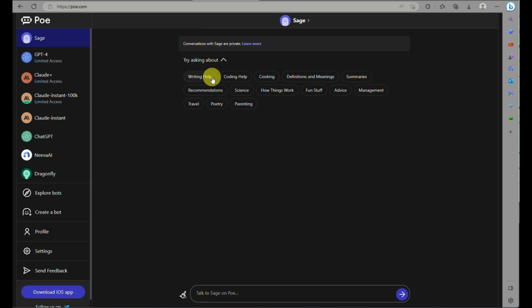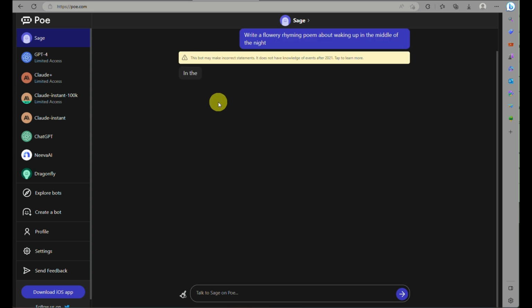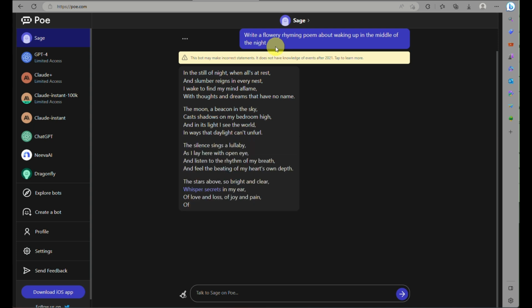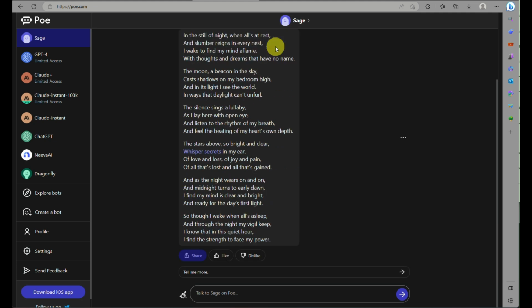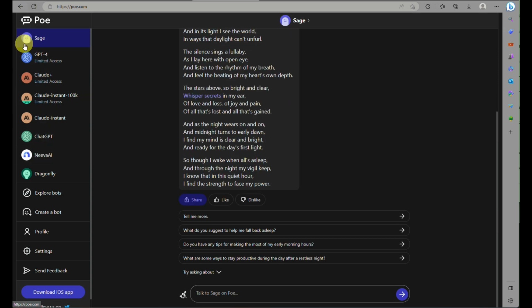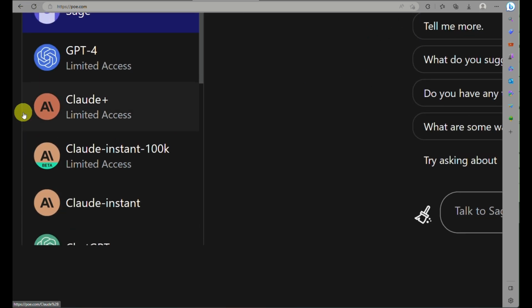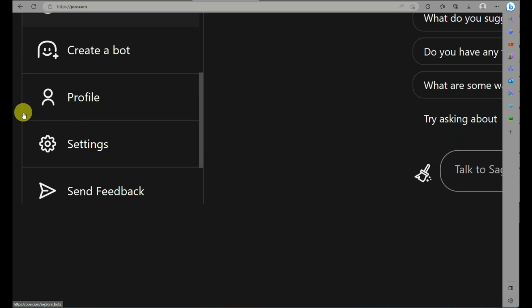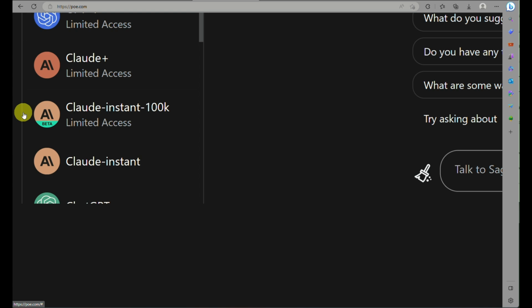And then once done, you'll be routed into this page where it's actually a platform that caters to multiple AI language models like ChatGPT 4, like Sage, Claude, and a lot more. So this is where you will be able to access ChatGPT 4 for free. And all you have to do is go to the left side panel of the screen and just click on